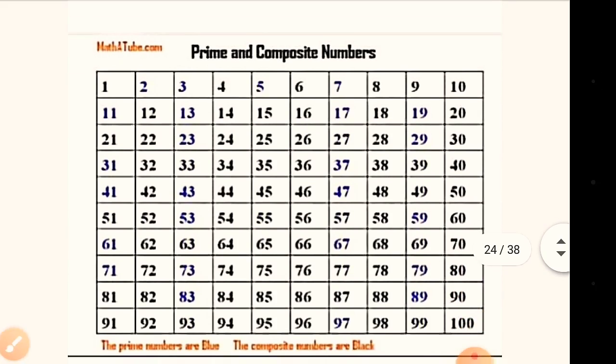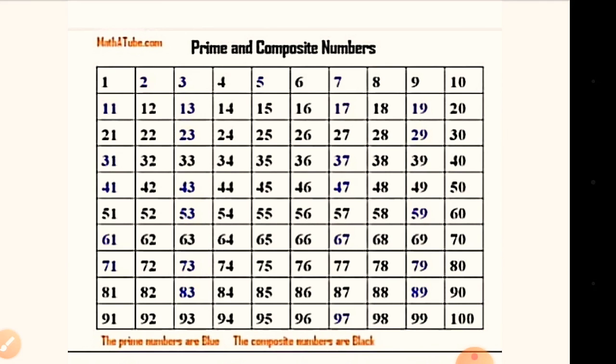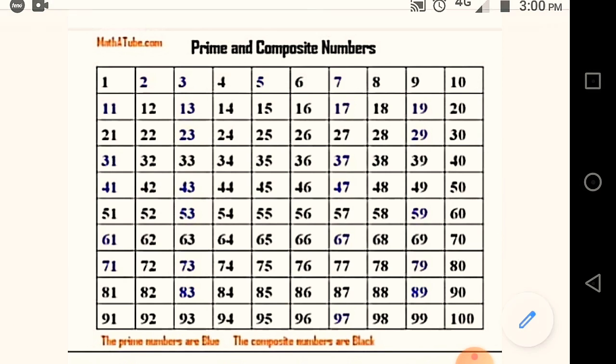Now prime and composite numbers, you know. So we are going to use the prime factorization method for finding square and square root of numbers. So these are all prime numbers, prime and composite numbers. Prime numbers are written with blue color. Prime number means the number which is not coming in any table. It has only two factors, 1 and itself. So those numbers are called prime numbers.